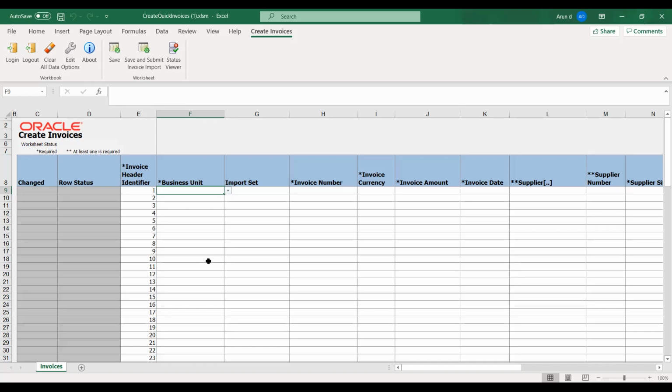And the second option is to use the AFPDI, so that is the option we are looking into. So here we will basically load the open invoices and we will load the prepayment. So why we will need prepayment is that, let's say I have paid 10,000 to the vendor. In case I haven't imported the prepayment invoices, which means I don't have a record of the 10,000 which I paid to the vendor. So I will have to make the payment manually. So for those cases, what we will do is that we will import the prepayment as well. So here, the one restriction that we have is that we can import only the invoices.